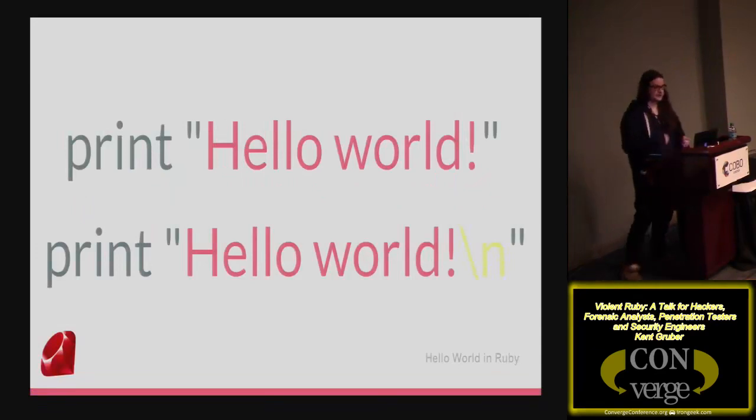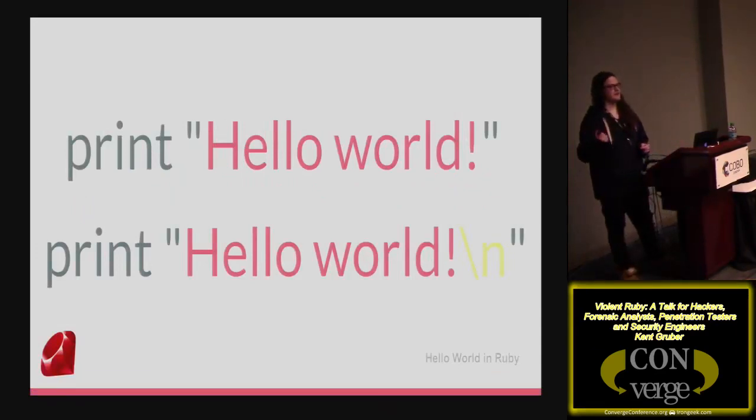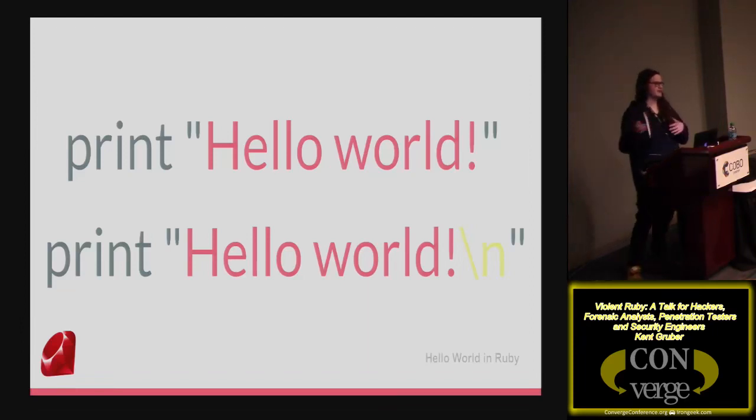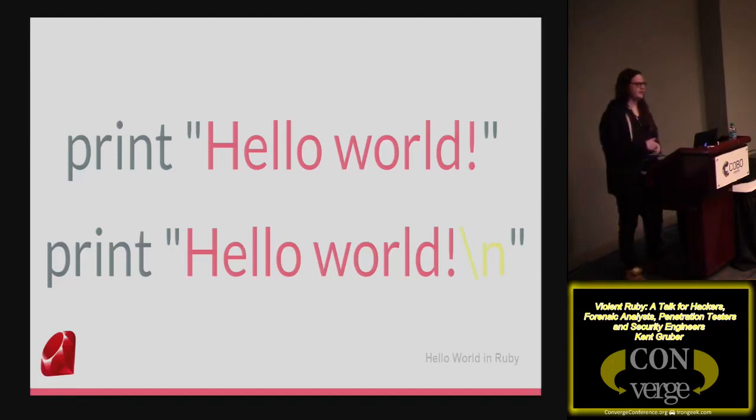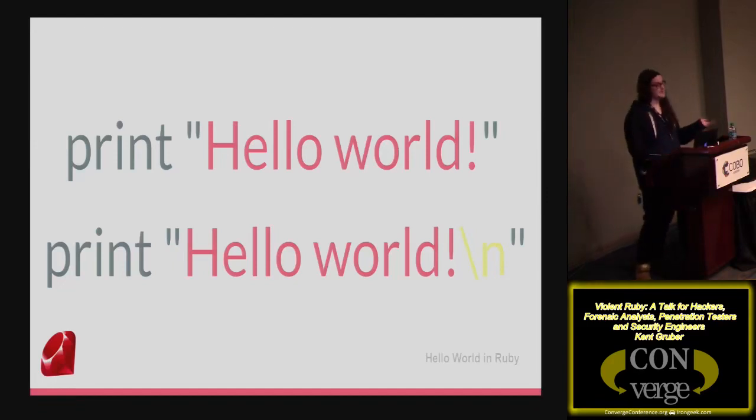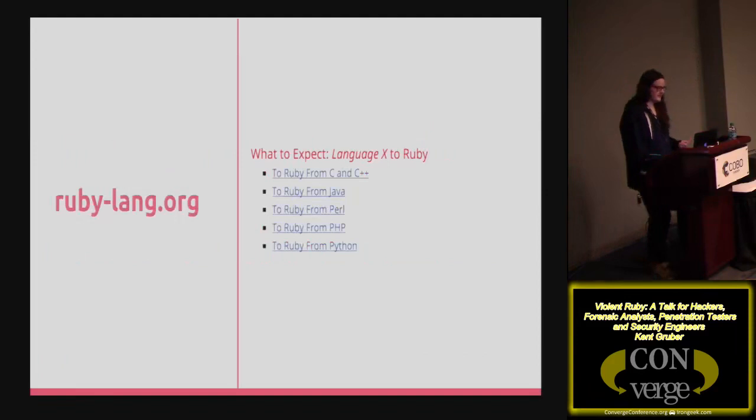Anyway, if you want to do the new line, basically, in Ruby, print is basically, give me the characters and I'm going to put it to the screen without a new line. Puts is give me the characters and I'm going to put it to the screen with a new line for you. Because usually I want a new line, sometimes I don't. It's very flexible that way.